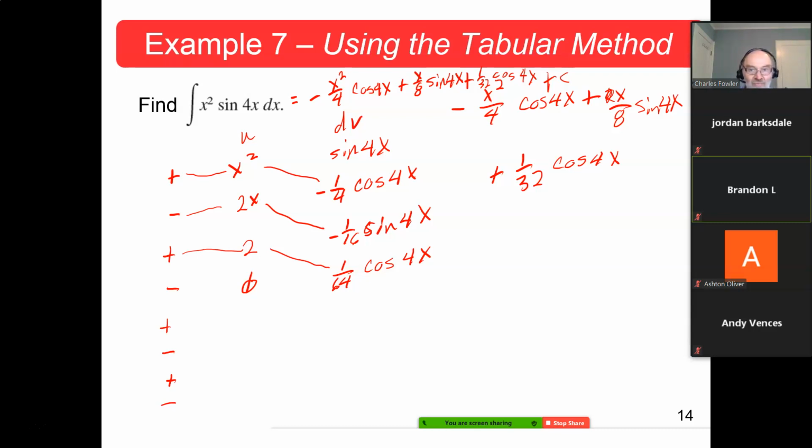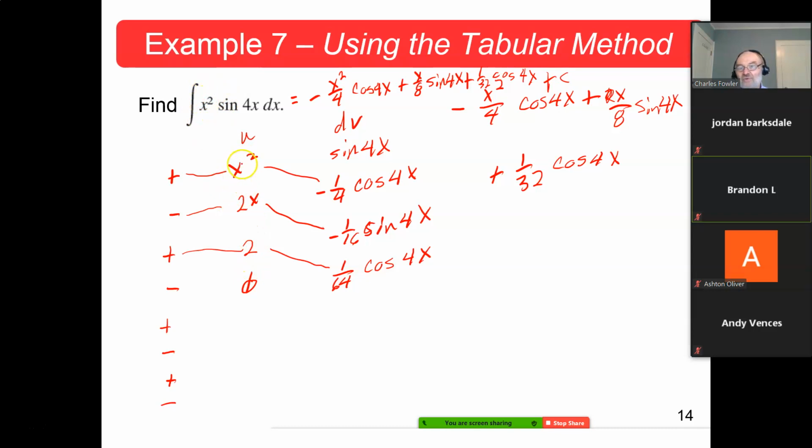That would be minus 1/4 x squared cosine 4x plus 1/8 x sine of 4x plus 1 over 32 cosine 4x plus c. So basically, how you do one like this is just first alternate signs, because you know the first is going to be plus, minus, plus, minus, plus, minus. So do that. Find the one that you're going to have as your u and carry that all the way